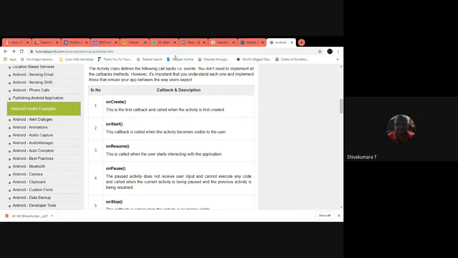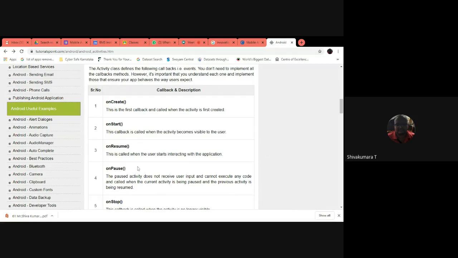See here, WhatsApp is there, Google Classes is there, Meet is there. All are running behind the scenes, behind the visibility. Currently running is the Tutorialspoint.com website. Whichever is visible in that particular application, onStart is called, right?